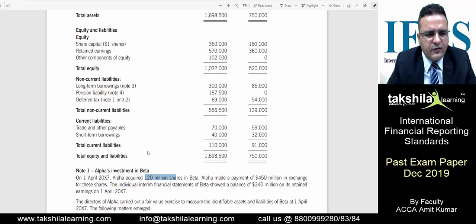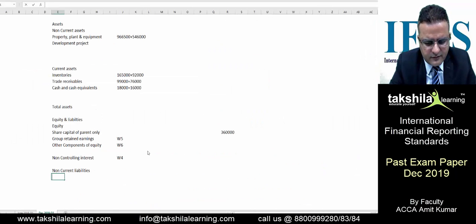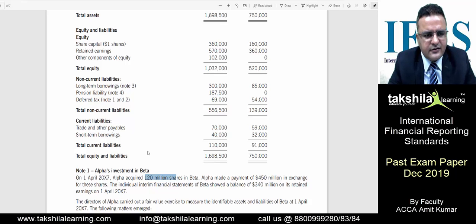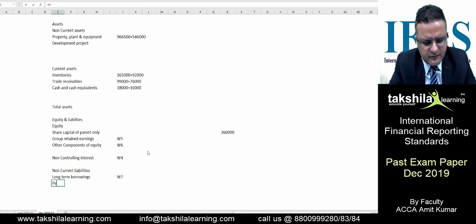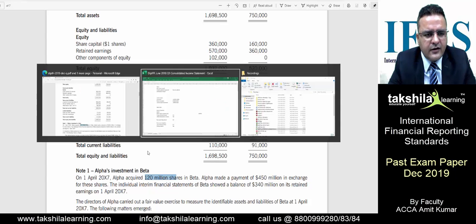Non-current liabilities are further divided into long-term borrowings, we can give a note number 7. We'll have to calculate it yet. Pension liability, note number 8. Deferred tax,